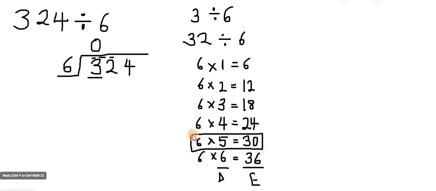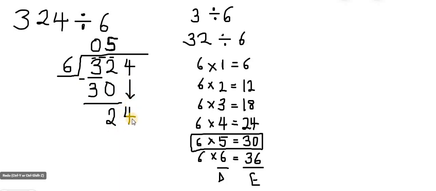Now, for the number of 6's in 32, we pick from column D, which is 5. We put that above 32, above the 2, that's a 5, and we take the answer in column E as 30, and we subtract. 32 minus 30 is 2. Now we bring down the 4,